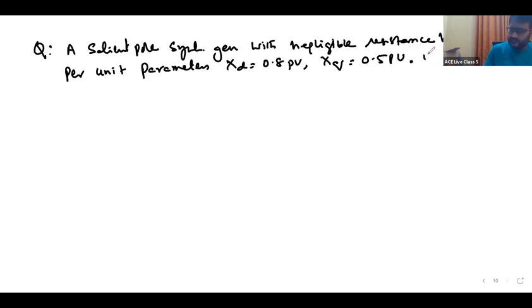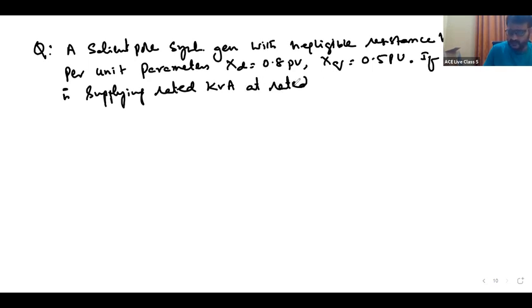If the generator is supplying rated kVA at rated voltage and at 0.8 lagging power factor,